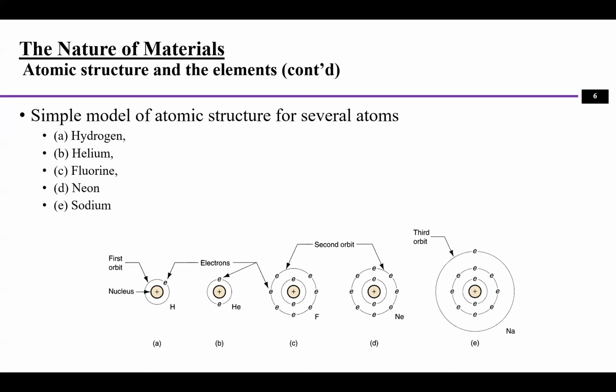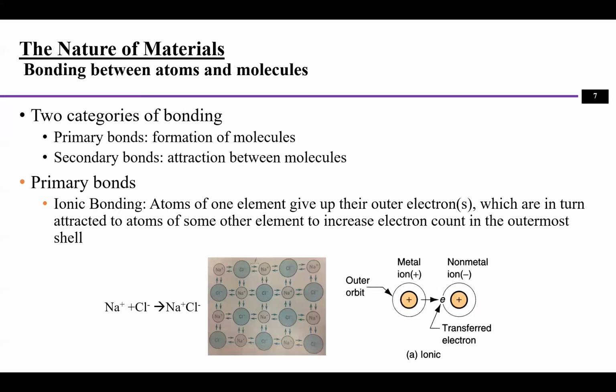And so the connections between atoms actually is based on the forces between nucleus and also the electrons. And so there are two categories of bondings. One is the primary bonds, the other one is the secondary bonds. The primary bonds are typically the forces that form the molecules. For example,